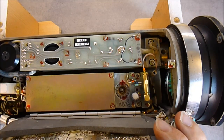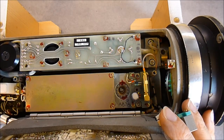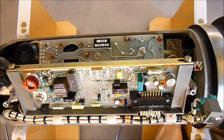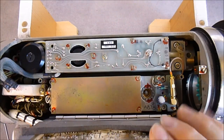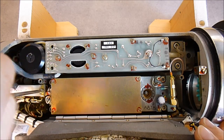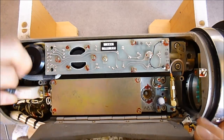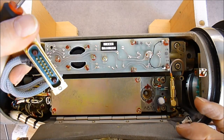So it looks like I can remove these two modules. Then it will allow me to have a much better look at them very easily. So it is what I will do now. First, I have this connector I can unplug. Two screws. And yes, it disconnects. Some kind of sub-D connector with